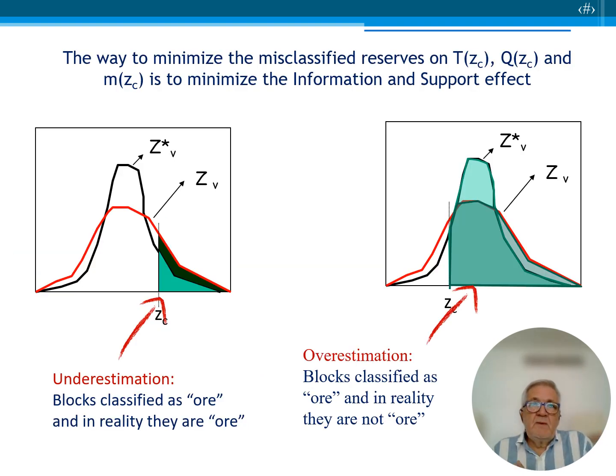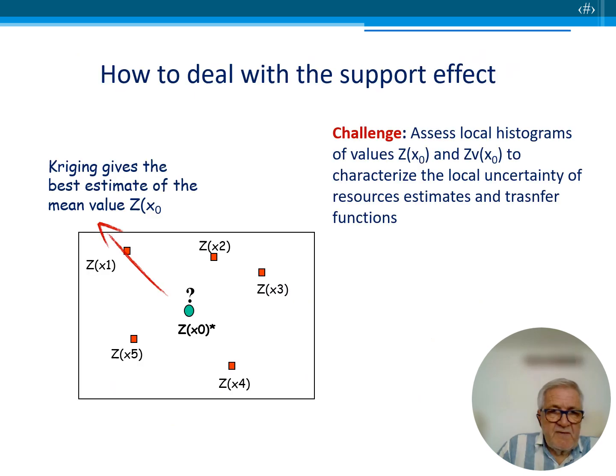So the way to minimize, in short, the information effect is to get better estimates using more sample data by integrating different types of data. This is the last useful message that I would like to tell you. Now let us finish